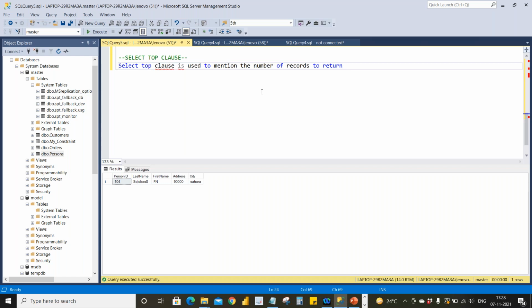You don't want that much data; you just want the top 1,000 rows or top 10,000 rows, because getting all the rows in the table will take time and may not be useful for you all the time. You may need only some data, or only the very old data, or the very new data, or something in the middle. In that case you use the top clause, and you get as many rows as you want in the result.